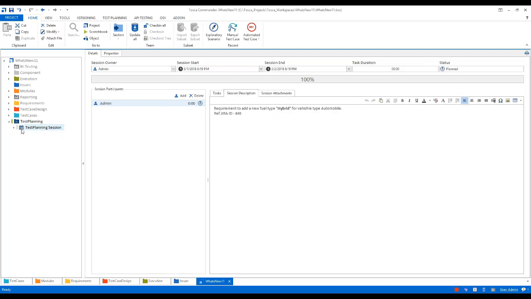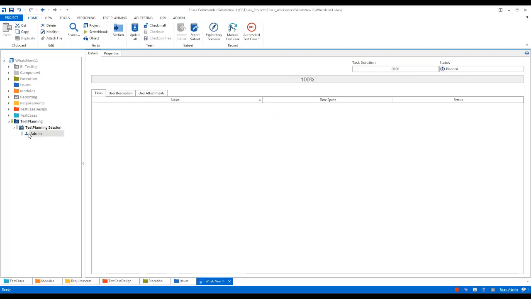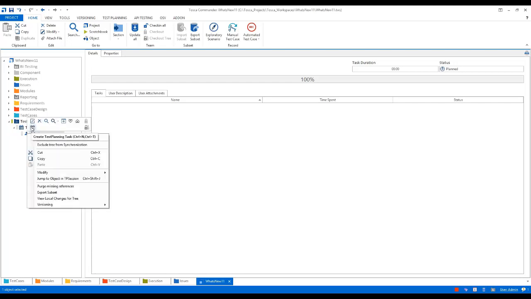Now the next thing is to create a task. So we have created a session. Now we will create tasks for the respective users. So suppose admin is the lead for this project. Now our first task was to update the requirement. So in this case we will assign this task to the lead. So I will just select the user, and from here I can just right click and create a